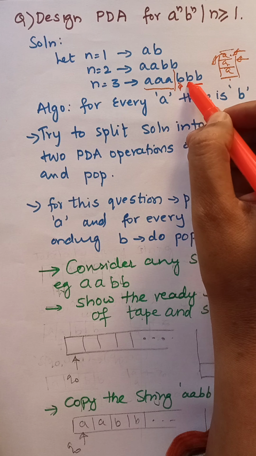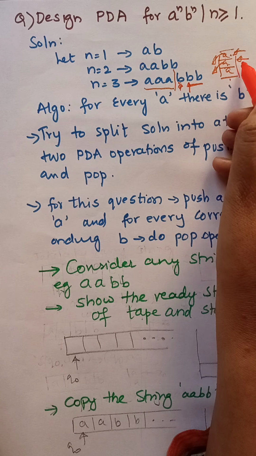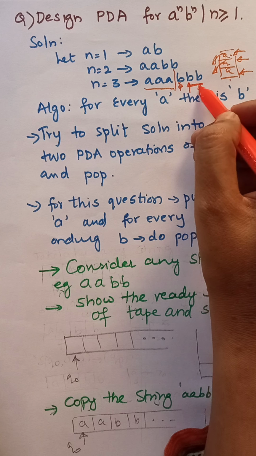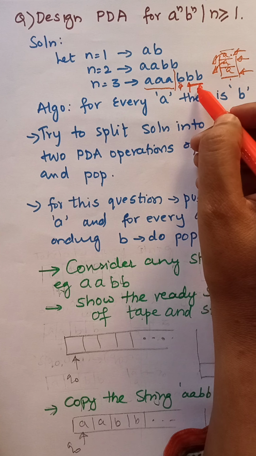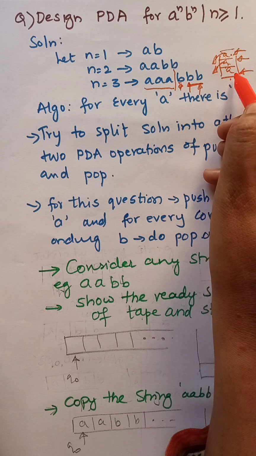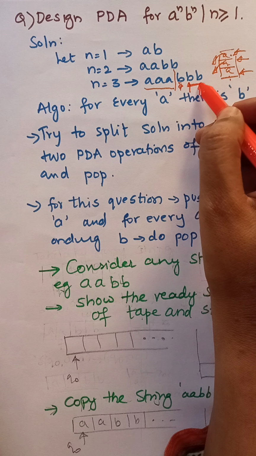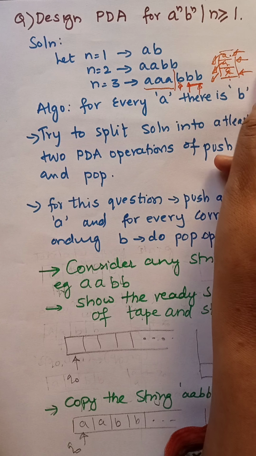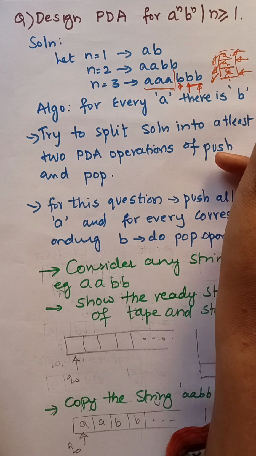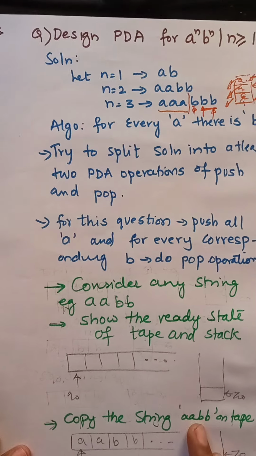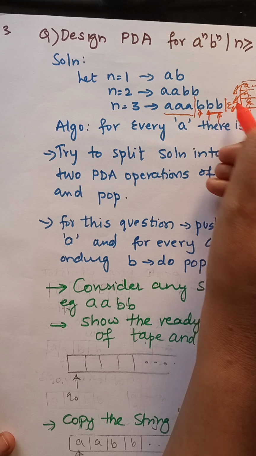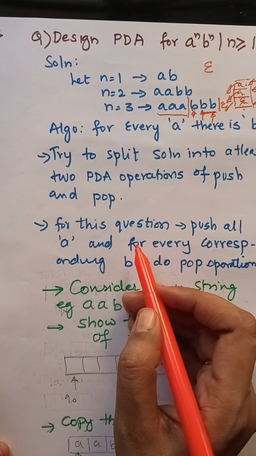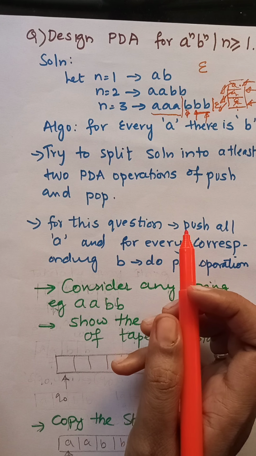So whenever we are reading B, we are going to pop this A. Now again the stack pointer will be decremented by 1, and we are going to read the next element. The next element is now B. Then only this A is a perfect match for this B. So for this B also we are going to pop out this A, and the top of the stack will now represent nothing. That is, your stack is empty. If the stack is empty, and if we reach the end of the string, which is represented by epsilon, then only your operation is fulfilled and your operation is correct.